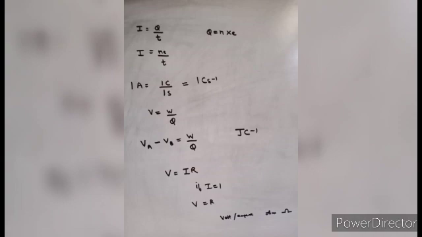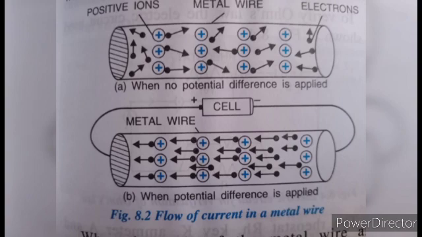When the ends of the metal wires are connected to a cell, that is, when a potential difference is applied across its ends, the electrons inside it start moving, due to acceleration, from one end, that is from the negative potential, toward the end of the positive potential, during which their speed increases. But during the movement they collide with fixed positive ions and lose some of their kinetic energy, due to which